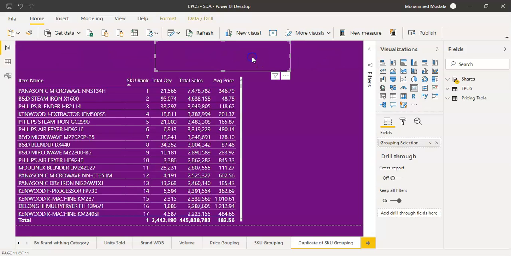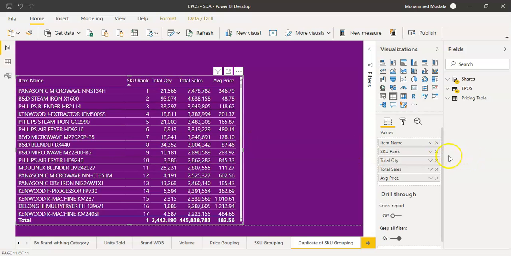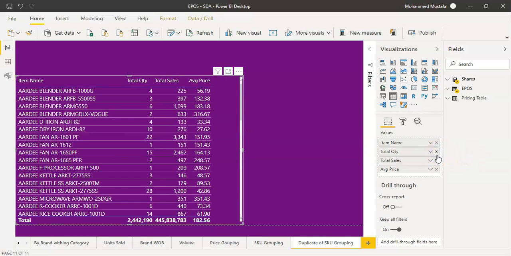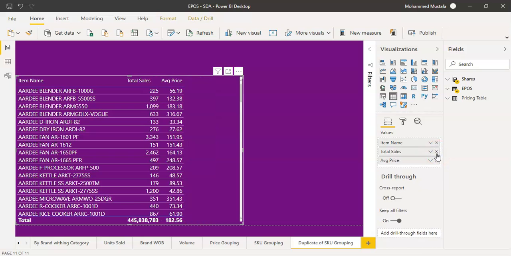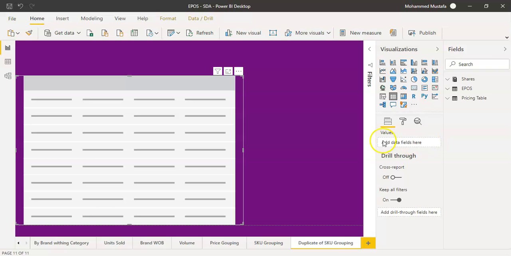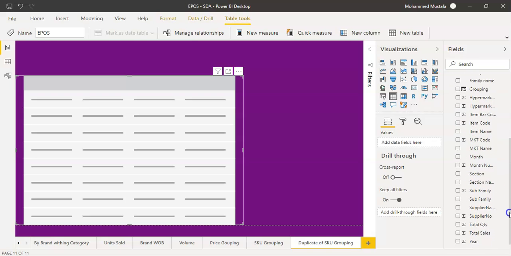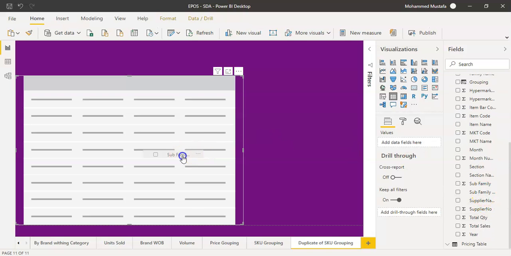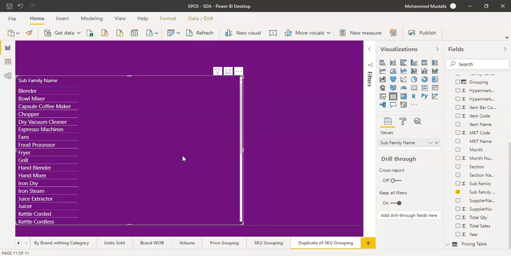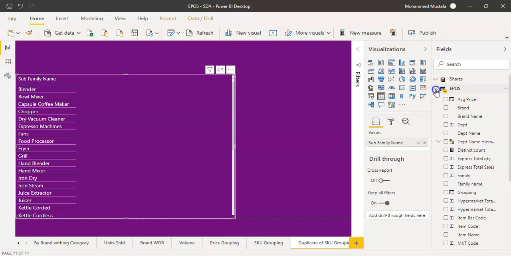Let's remove all of this, and what we will try to do is to find the difference sold in quantity and the year over year difference. So let's open up our table, and I'm looking for the categories now. So I will just drag the categories here, and what we can do now is write a DAX formula to find